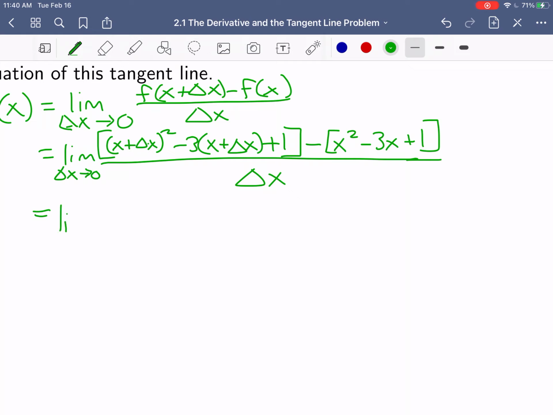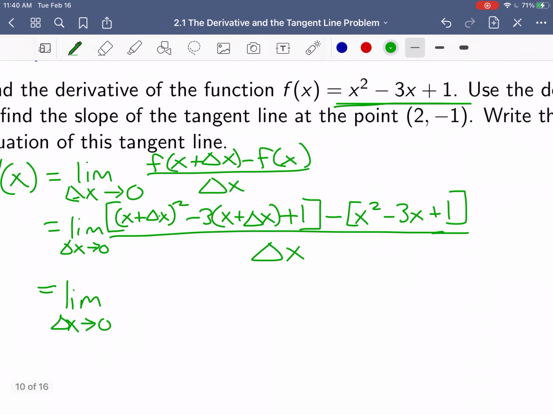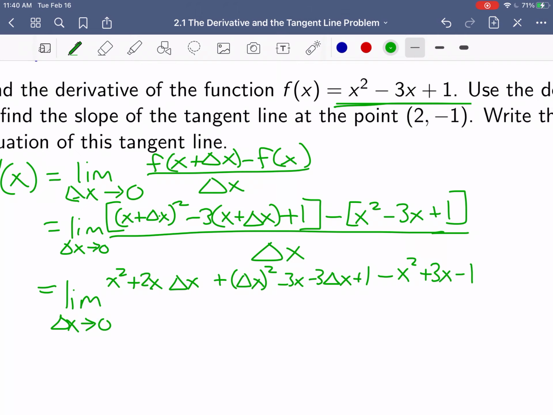Right, so we have a limit as delta x approaches 0. When we FOIL out x plus delta x squared, we'll get x squared plus 2x delta x plus delta x squared. And when we distribute the negative 3, we get minus 3x minus 3 delta x. Then we have that plus 1. And then if we distribute the negative, negative x squared plus 3x minus 1, all over